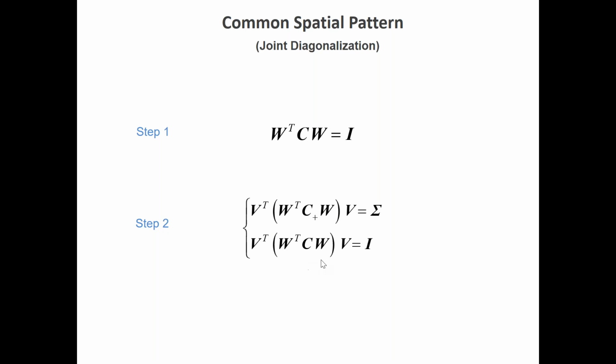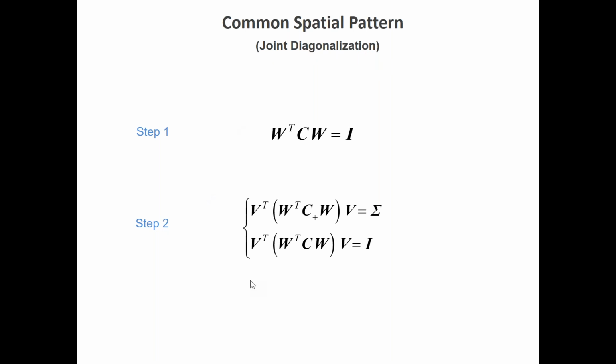And then the second step will be, we take this data and now we apply a matrix V to a second matrix, and this will actually diagonalize this matrix as well. Since when we apply a rotation to a matrix that has been whitened, we always keep the whitening, so we always keep the identity at the end, but this new matrix will always be diagonalized, because this is what V is going to do. It's going to be a diagonal matrix, and when we get this result with a good choice of this additional matrix to be diagonalized, that's why these methods are called joint diagonalization methods, then we obtain some results.